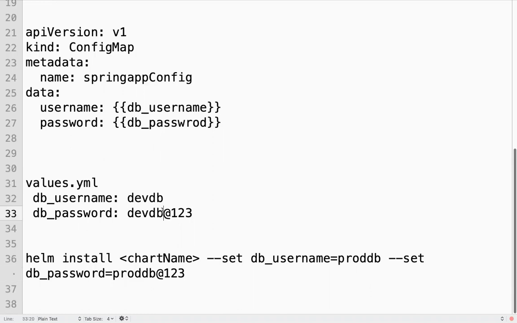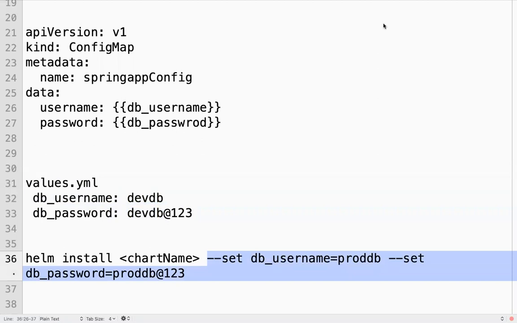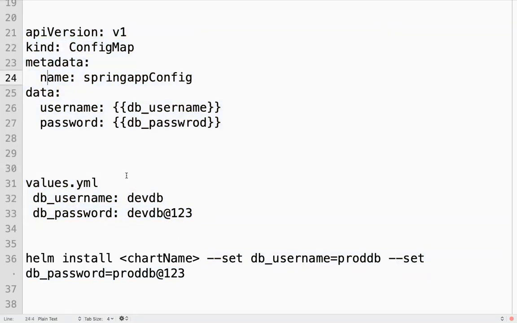Something like this. If I don't want to maintain this one, here still I can pass it. I can just refer, I can pass at runtime. So this is basically a Helm chart. It's basically a file, a Helm template.